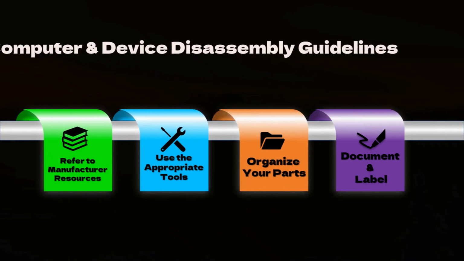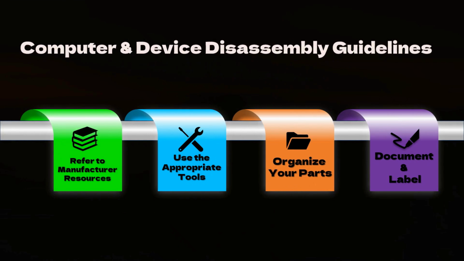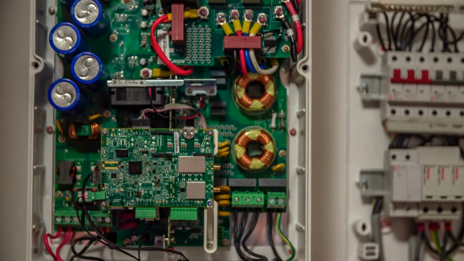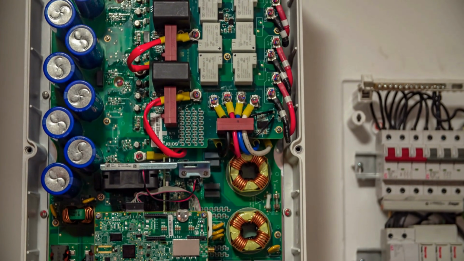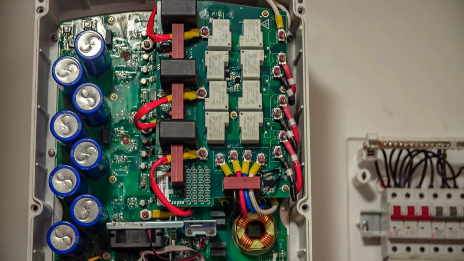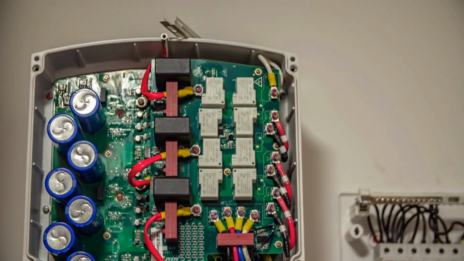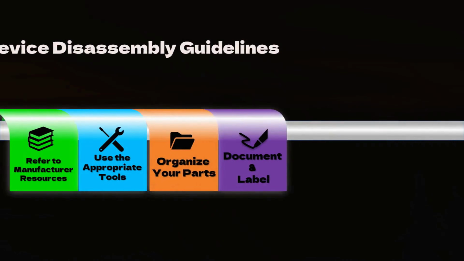Now, if you need to disassemble your computer, mobile device, or peripheral device for troubleshooting and repair, follow these guidelines to make sure you can properly reassemble it when you're done. Document and label cable and screw locations. Sometimes a picture is worth 1,000 words. If you have a digital camera, snap a picture of cable and screw locations prior to removing them. If not, take a piece of paper and a pencil and sketch out and label the locations.